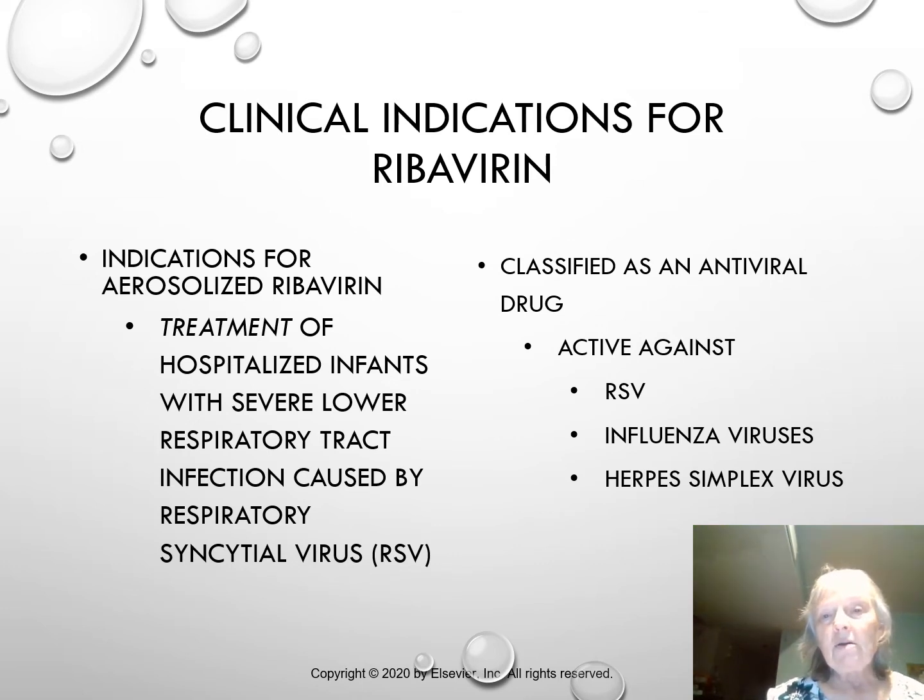Ribavirin or Virazole is for RSV. Most people are going to tell you RSV is only for kids, and we see it during the winter months, and you have some really nasty congestion and cough and things like that. However, an adult can also get